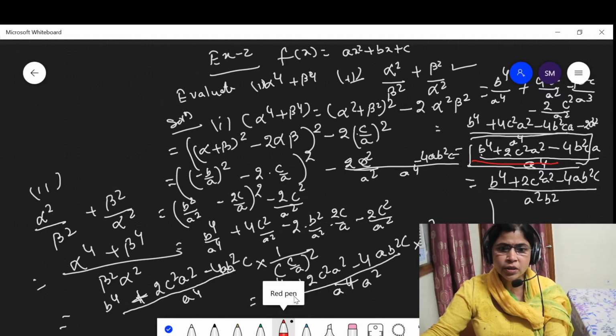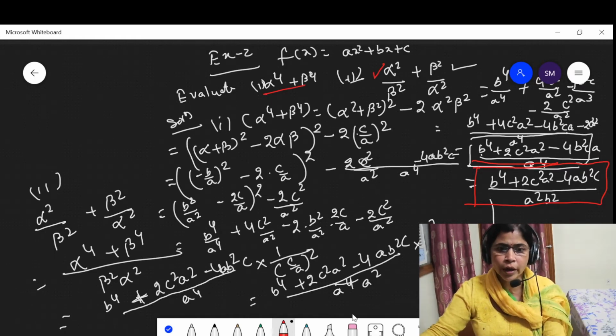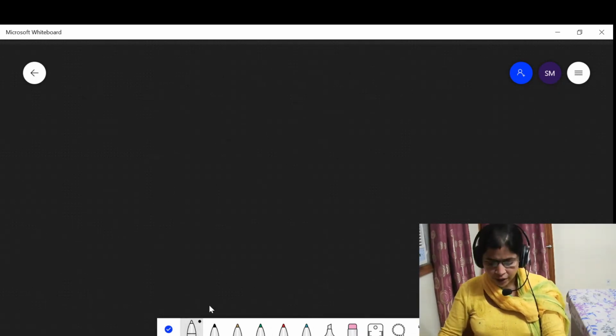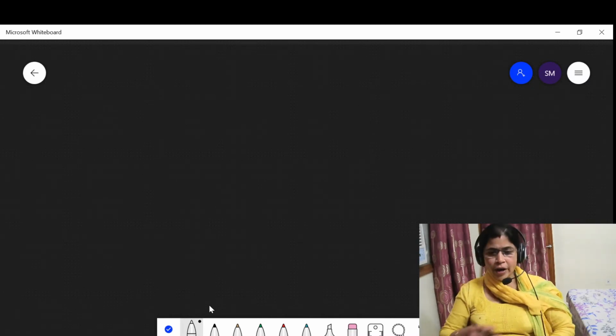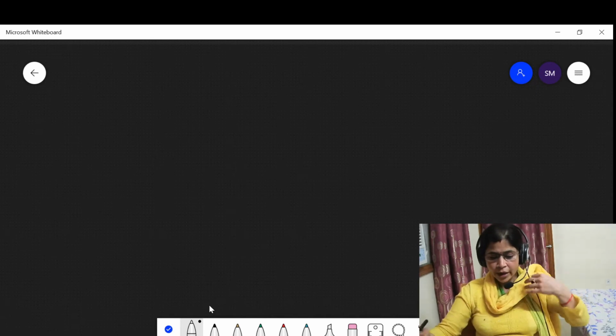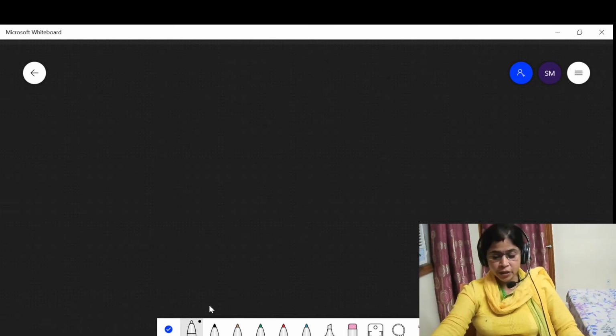Then this is the value of this expression. Okay, then students, please do your worksheets and ask me your doubts. I am ever ready to clear all your doubts. When you practice a variety of questions, then the questions asked in your exam paper will not be a challenge. Now let us practice another type of question.